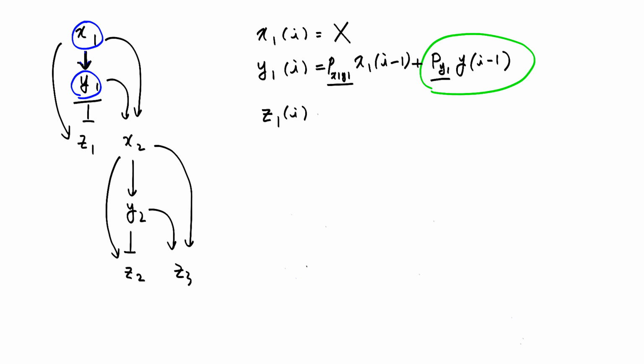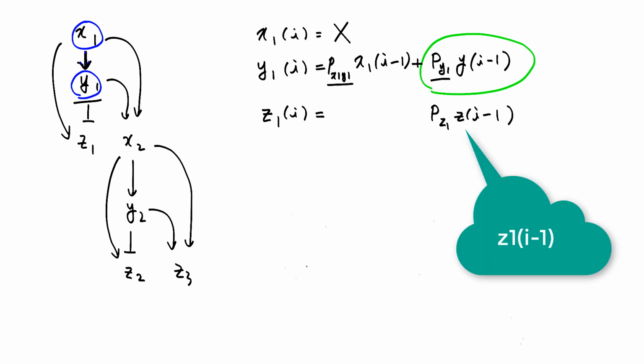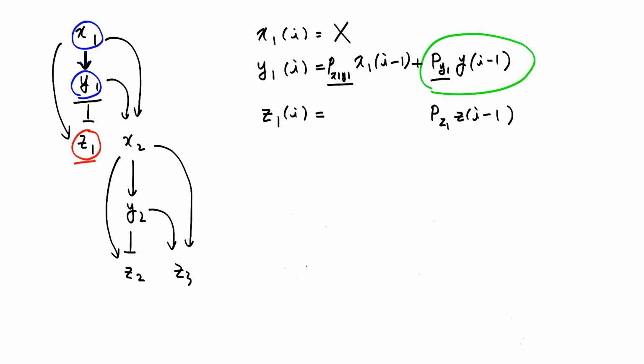How about z1? So z1 of i is equal to, again, we need to have this term that represents degradation, so p sub z1, z1 of i minus 1. What are the inputs for z1? The arrow is coming here, and there is an inhibition coming here. So we have two inputs, x1 and y1. Let's first erase this. We have x1, i minus 1, which is this one here, and the parameter is